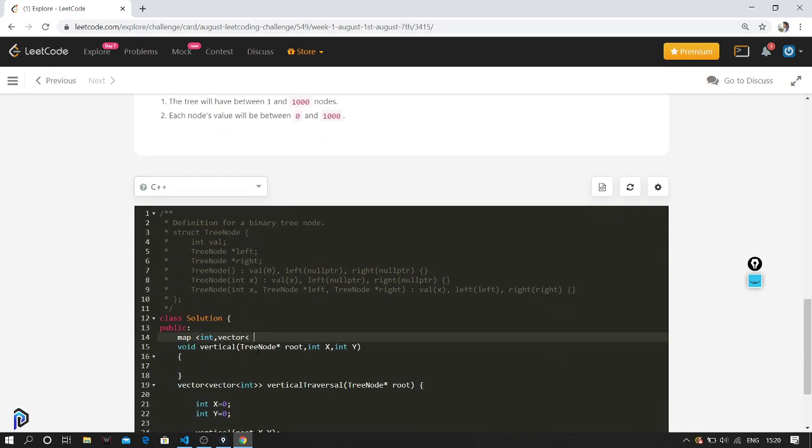So instead of just storing the values, I'm going to store a pair of values. Both of them are going to be integers. The first one is going to be the level, and the second is going to be the value of that node. And the pair, the vector, and finally we are closing the map. Try to understand this data structure.